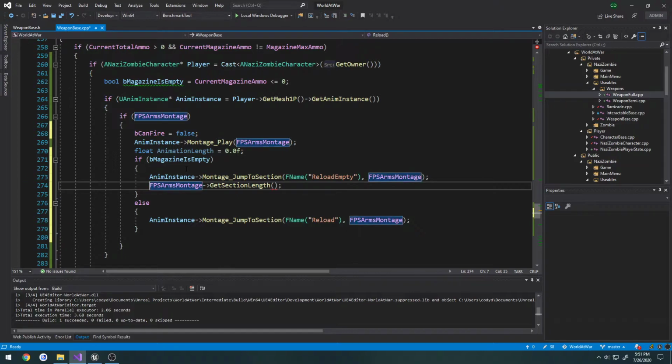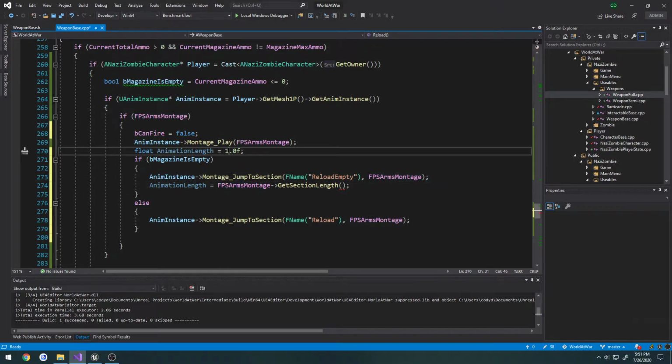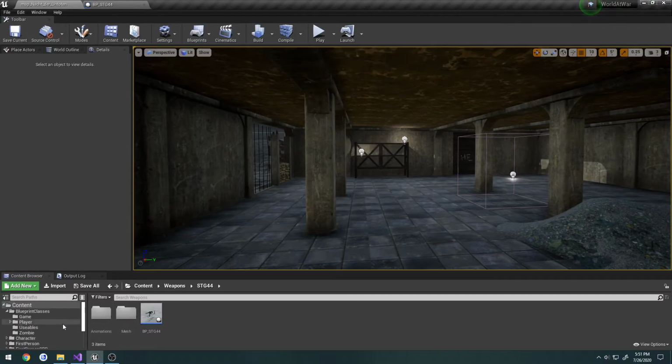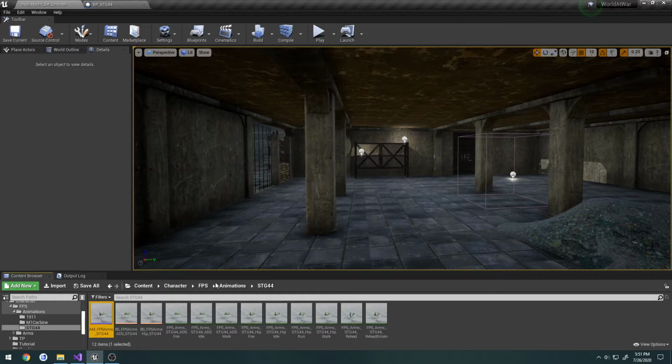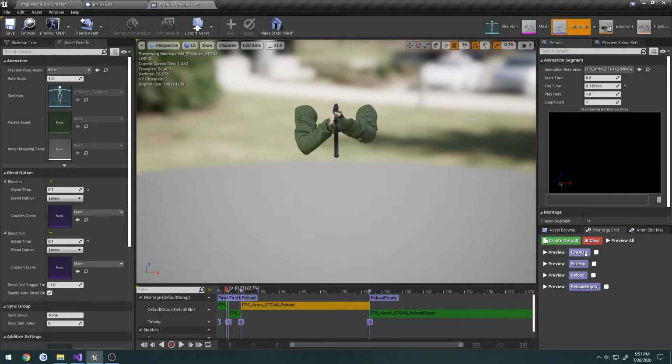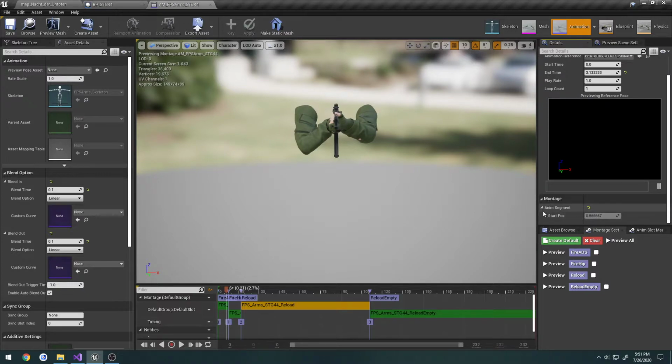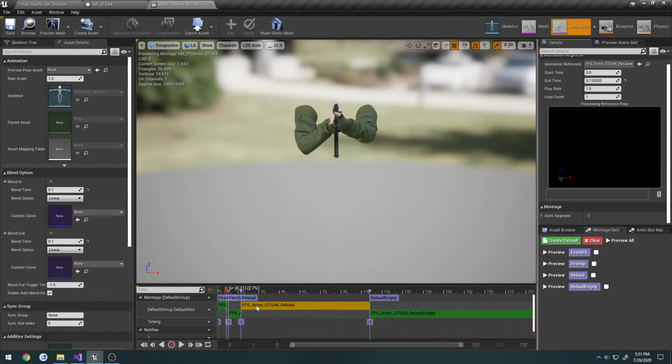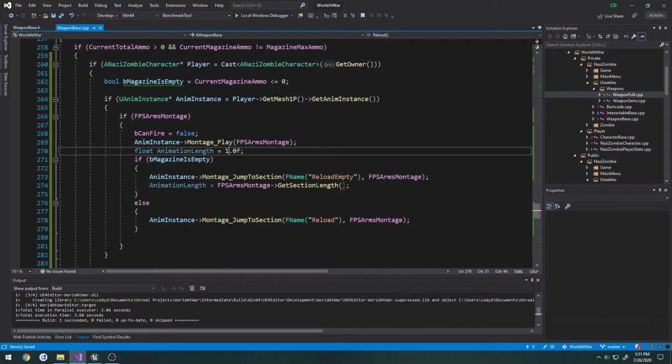So we're going to have to figure out what index it is. But first, I'm going to do animation length equals that. And I'm just going to set this by default to 1 instead. Now let's look at our animation. So character, FPS. Let's just look at the sections. So we have 0, 1, 2, here's number 3. Let's see, does it actually tell us which index? Because I want to make sure I'm not grabbing the wrong one. Okay, so 0, 1, 2, 3 for the reload empty, and it would be 2 for